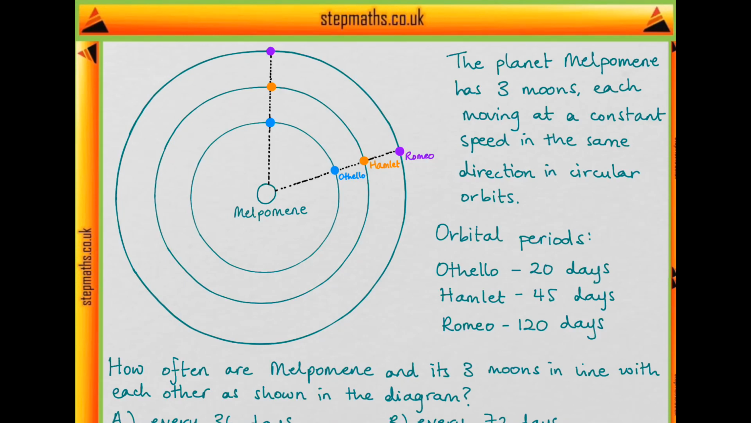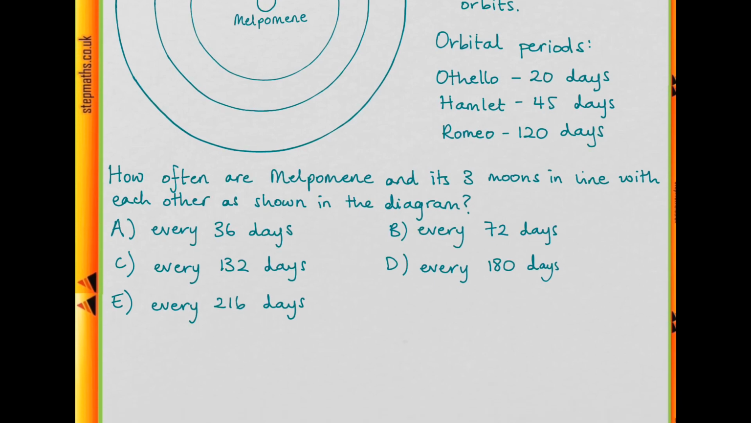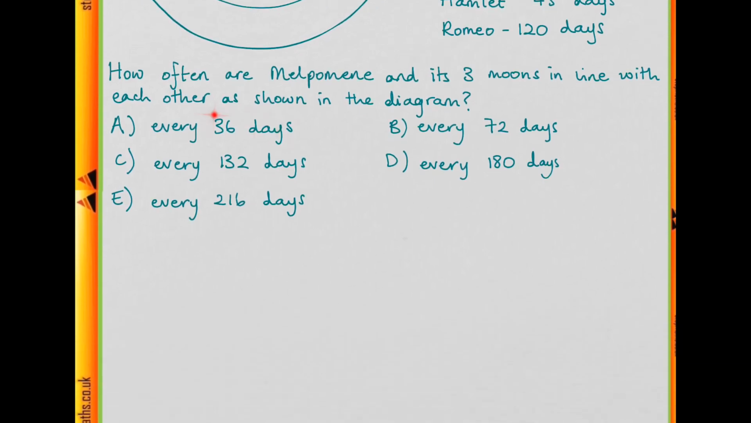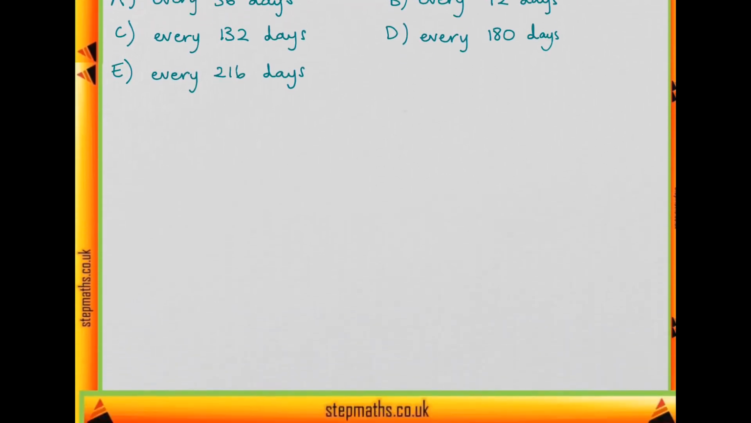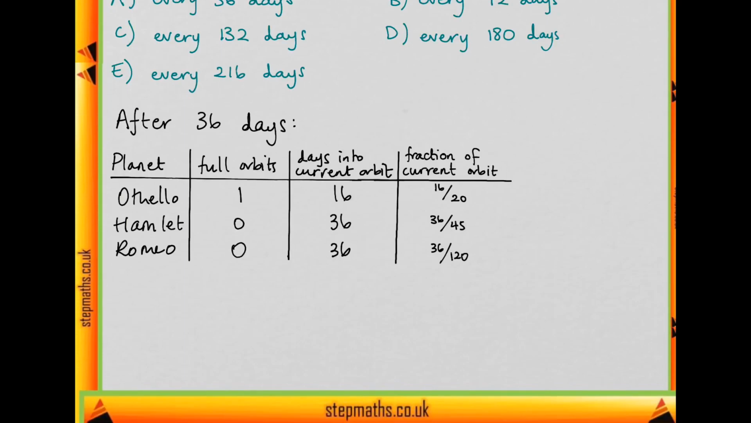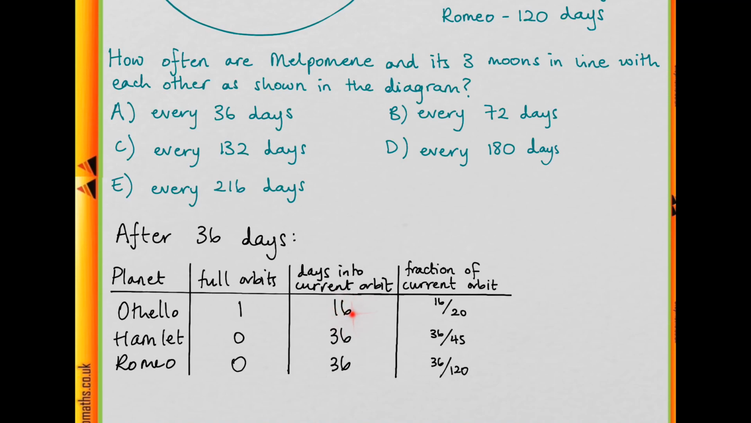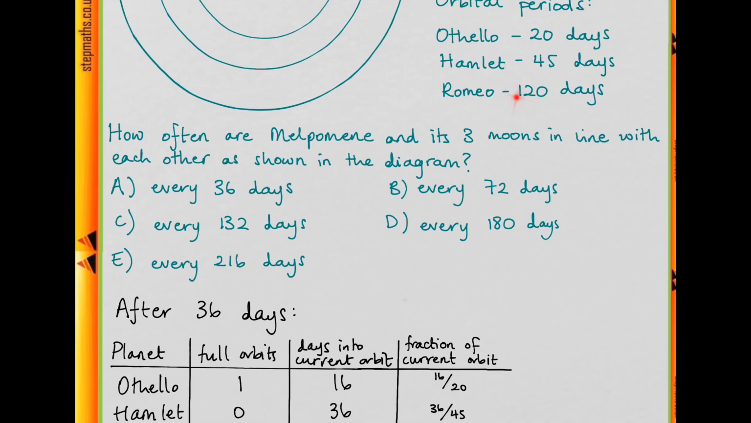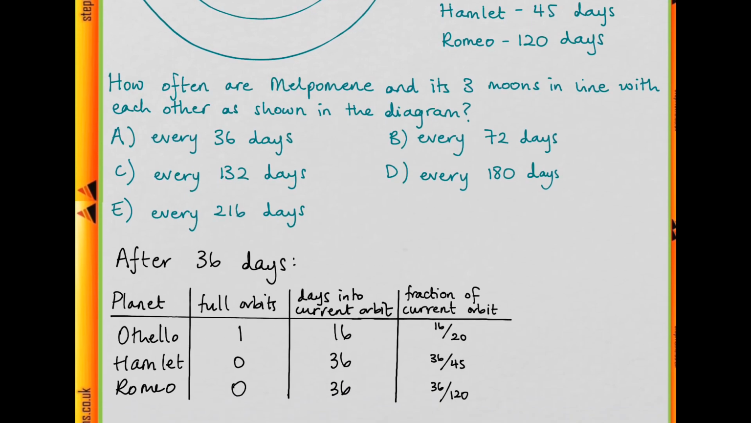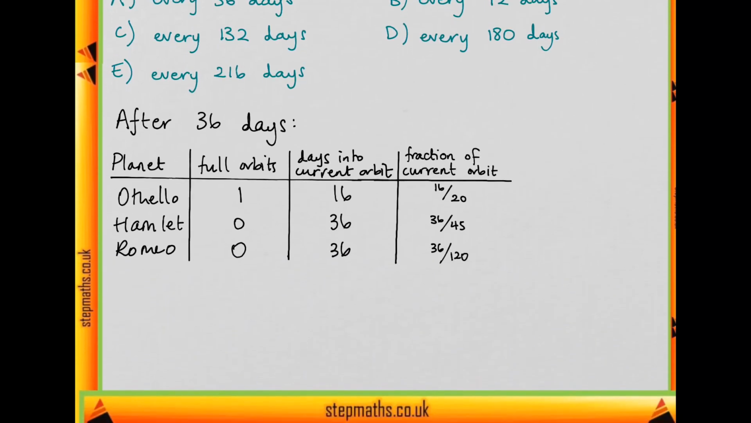Okay, so now that we know this, I think the easiest thing to do is probably just to use the answers that they give us. So let's think about what would happen after 36 days. Well, Othello's orbital period is 20 days, so it will be 16 days into its current orbit. And Hamlet and Romeo both have orbital periods that are longer than 36 days, so they'll be 36 days into